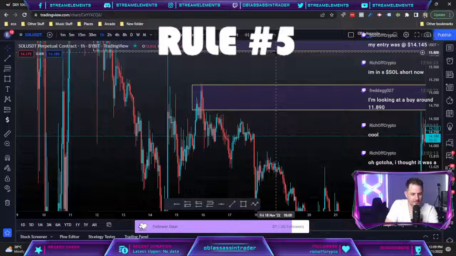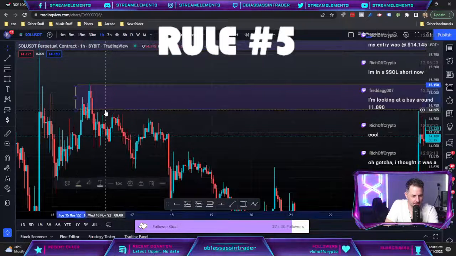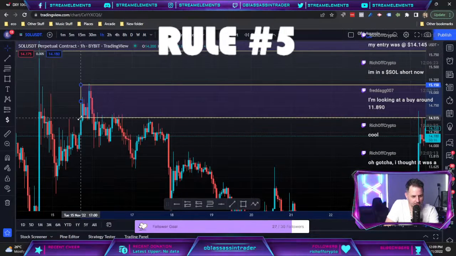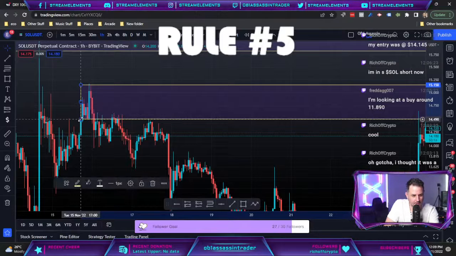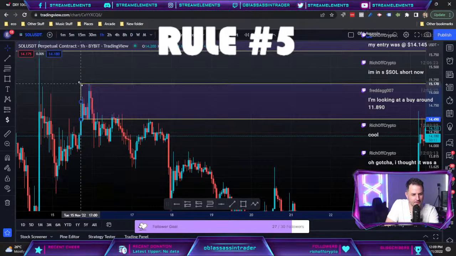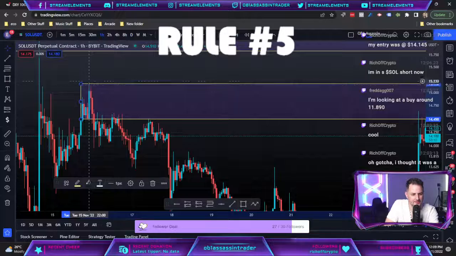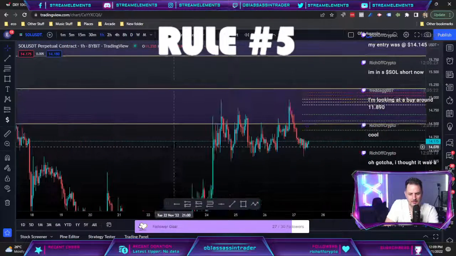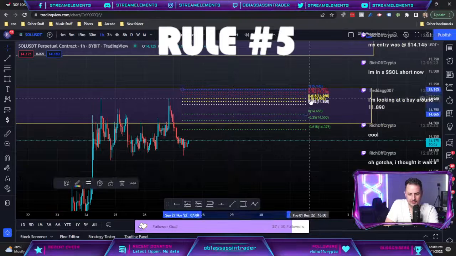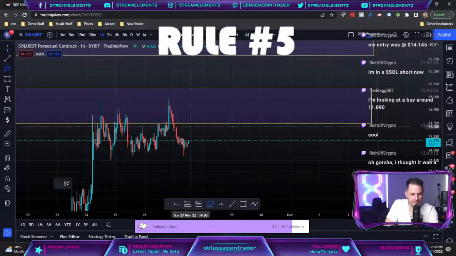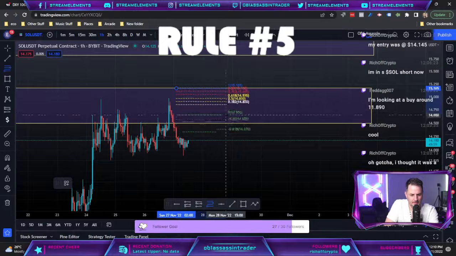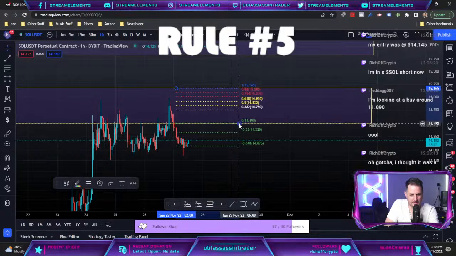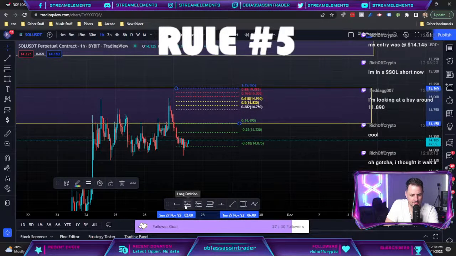Let me just go through and double check my order block is the size that I'm after. An order block in a zone that we're interested in is the last up candle before a big drop in price. My fib should be from the top of my order block to the bottom, so I can find where that 50% is, and then my short